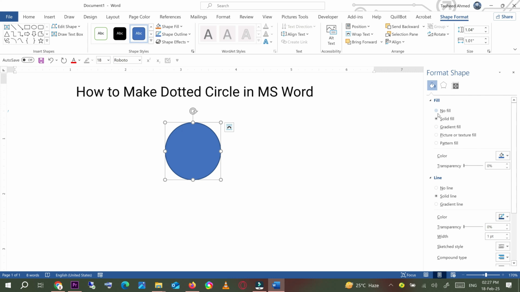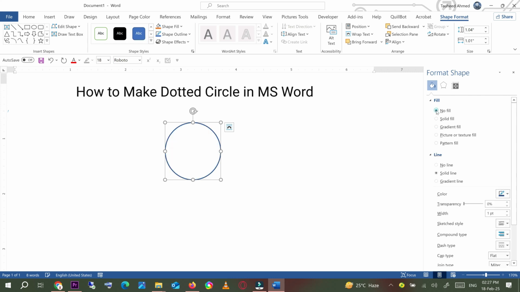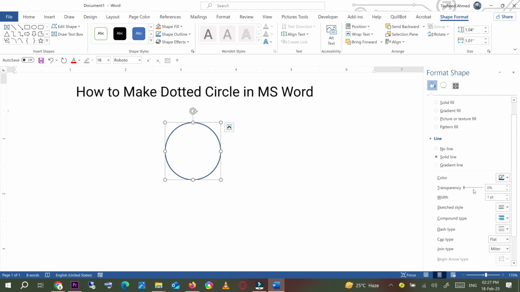If you don't want any color, then click on No Fill, and you can also change the color of your line. Here you can change the color, and here you can increase or decrease the transparency according to your requirement. Here you can make your circle bigger, increase the width, and under the dash type you need to click on